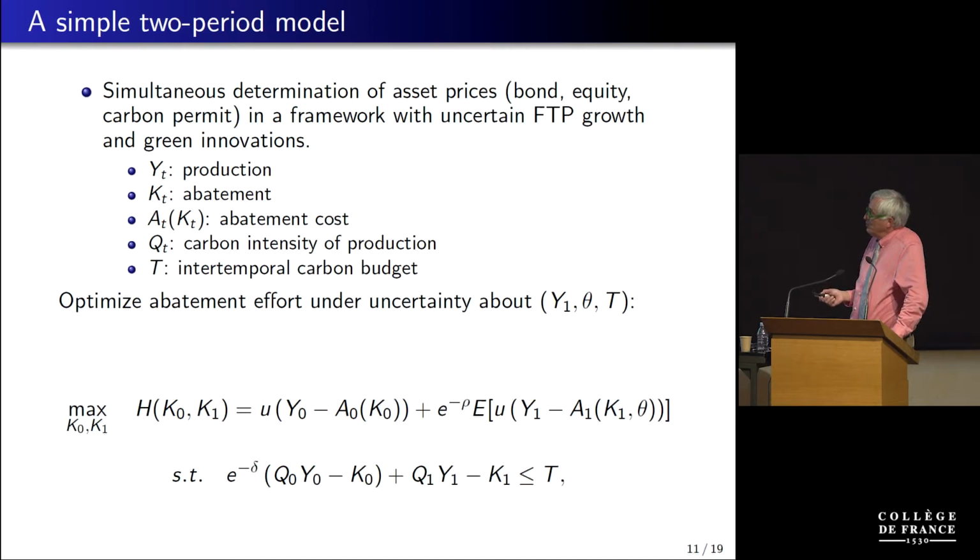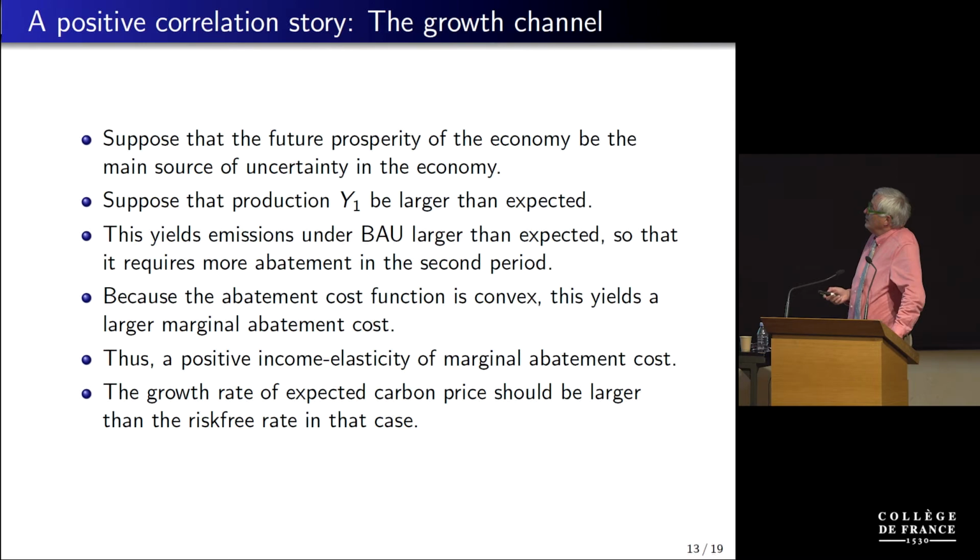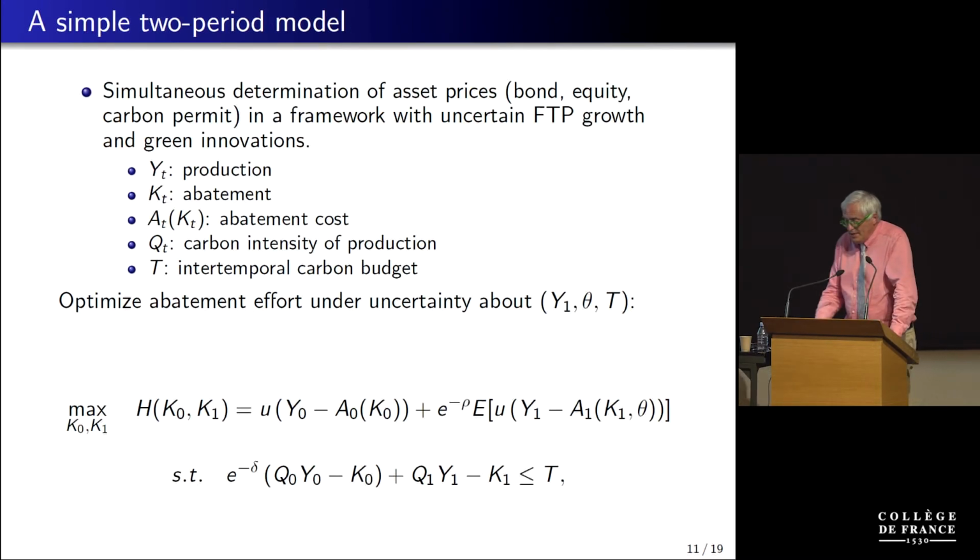Of course, K1 is uncertain. And I determine the carbon price in each of the two periods that support the optimal solution. So this is a calibration exercise. Well, yes, okay. Let me give you the flavor of the two mechanisms that are at work that determine the sign of the correlation between consumption and the marginal abatement cost on the carbon price. In fact, there are two